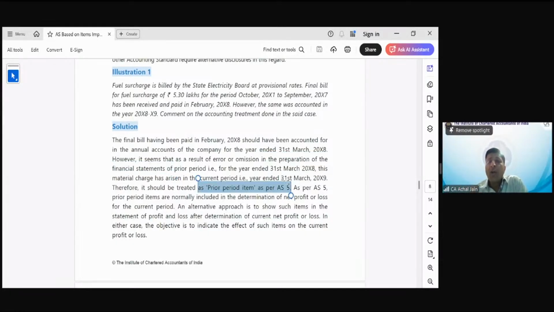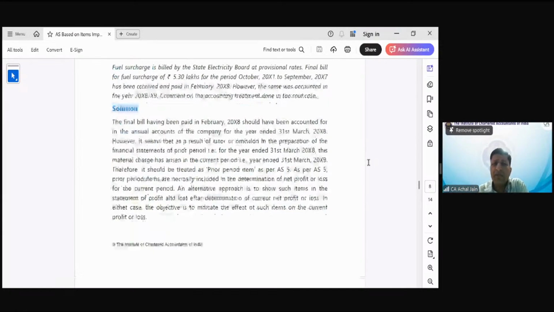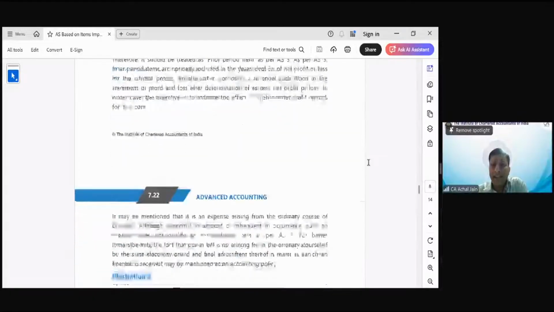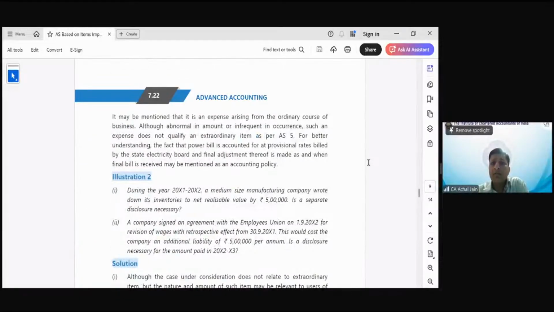An alternative approach is to show such items in the statement of profit and loss after determination of current net profit or loss. Alternative treatment means you present it in the P&L as a separate line item. Of course, that is something we have already talked about, that is what you'll do for prior period items. Further,